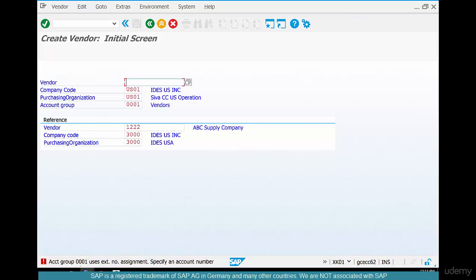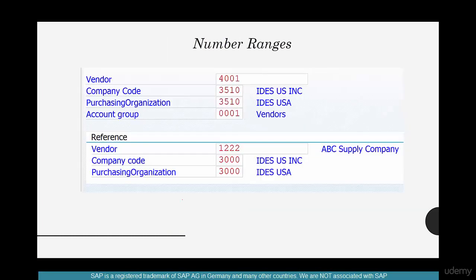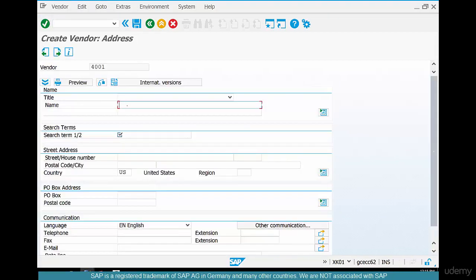It says account group 0001 uses external number assignment. What does this error mean? There's something called number ranges. What's a number range? A number range represents a range of numbers that can be assigned to an object, in this case, vendor. We're going to explore more on number ranges later, but for now, it's asking you to assign a number to it. So just say 4001 or 4002 or 5001, any unique number. So I'm going to put in 4001, hit enter again, and then give the vendor name ABC Supply Company,